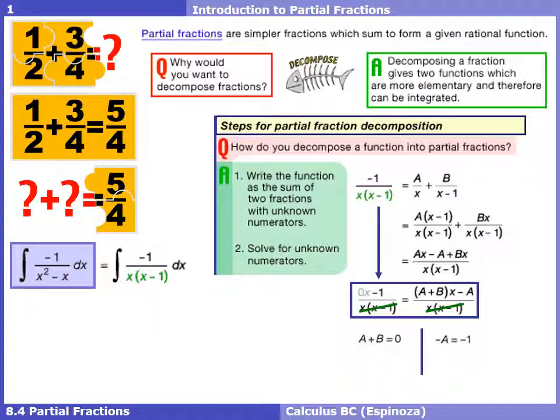Once you realize that, this problem is very straightforward now. On the right side here, we can divide by -1, so a is 1. And if we take that a and plug it in over here, then b would be equal to -1. And now we've achieved what the goal was. We needed to find what a and b were, which were the numerators of this partial fraction. So now we can plug those in. We know a is 1, so that'll be 1 over x, and we know b is -1. I'm going to move that negative to the front of the fraction and just write it as -1 over x minus 1. So hopefully that reminds you of what you did back last year in pre-cal,